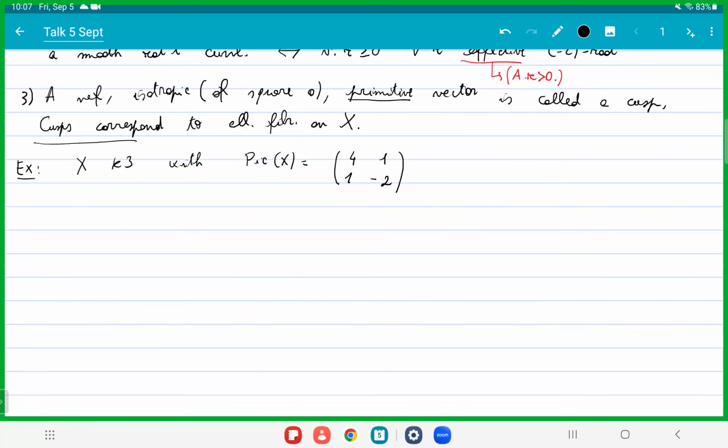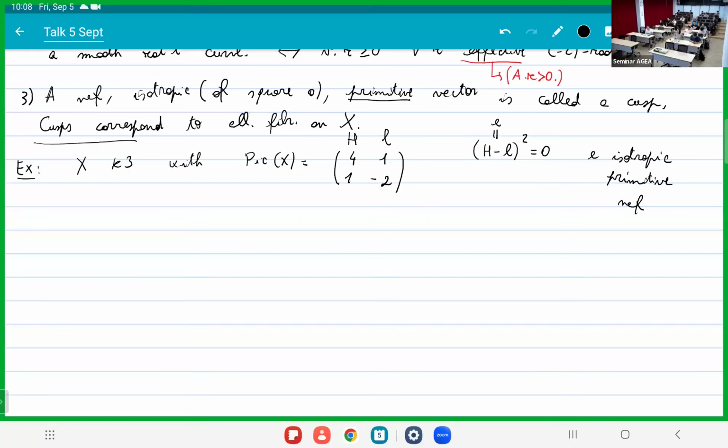Okay, so we can notice the following thing. Let's call again H the hyperplane class and L the line. We can notice that if we do (H minus L) squared, this is 0. It is just a simple computation. And not only that, this means that this vector, let me call it E, is isotropic. Well, for sure it's primitive because the coefficients are 1. And it's also Neff. Why is it Neff? Well, we need to check all the effective roots.